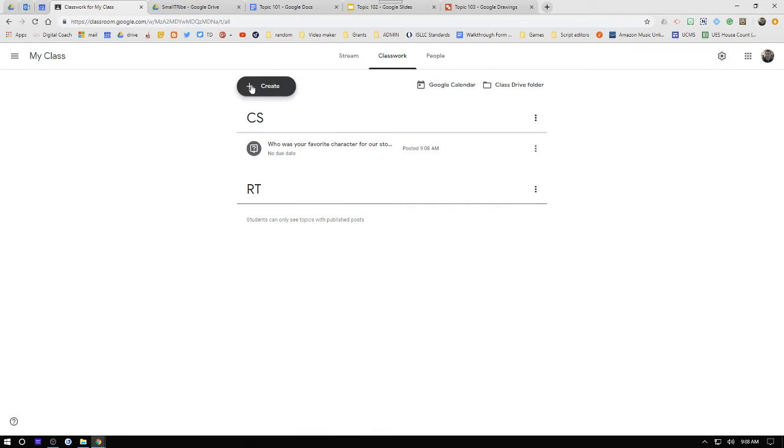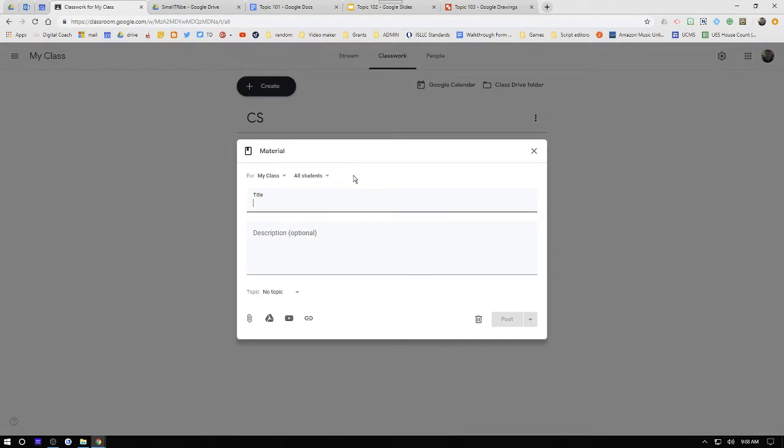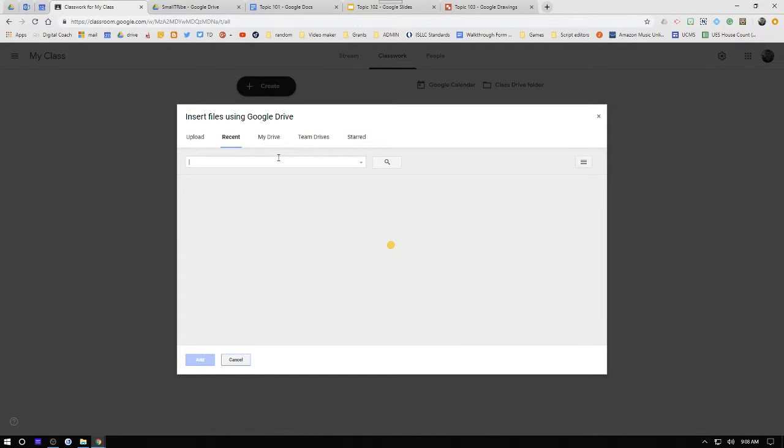Now let's jump into, I've got my question, let's go ahead and look at materials. So now for my RT, maybe I have a digital textbook my students work off of, so I can call this book, and then I just search my drive, and I don't know if I have